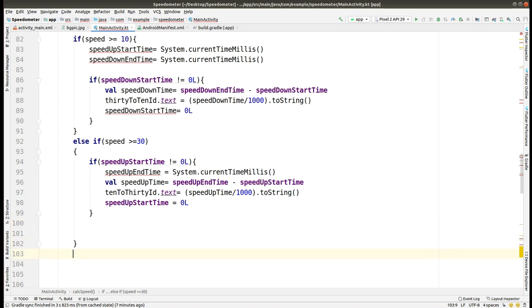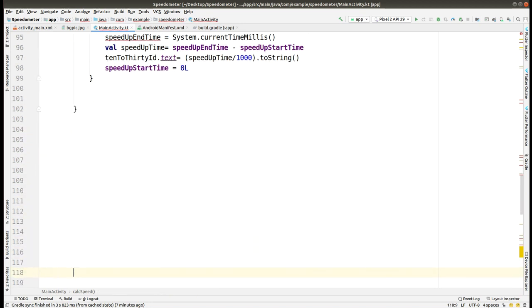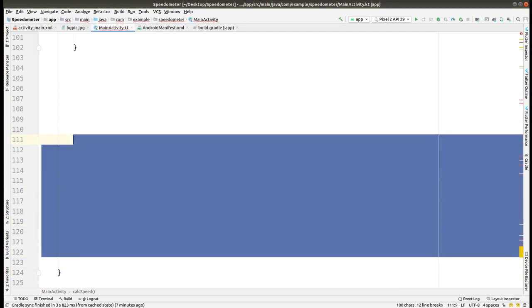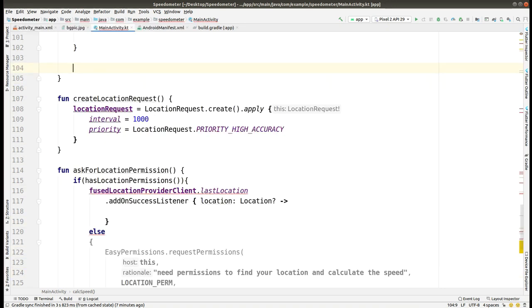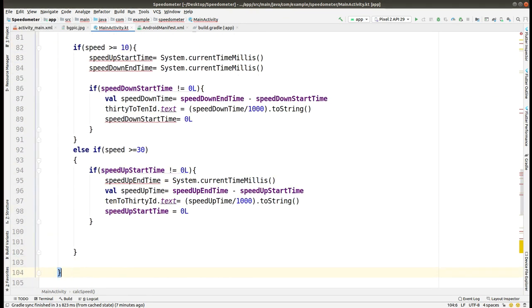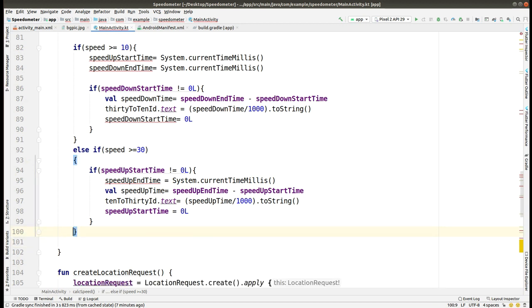So this if block is completed. Also, where the end of the function is here, remove this extra space. So it is removed now. So our function is ready to go. Remove this extra space again,